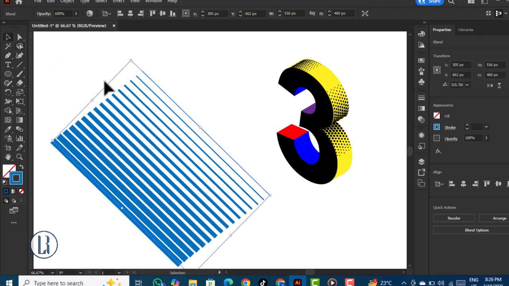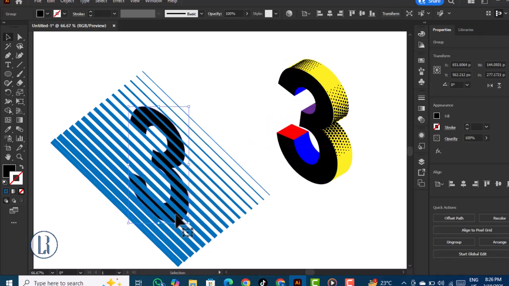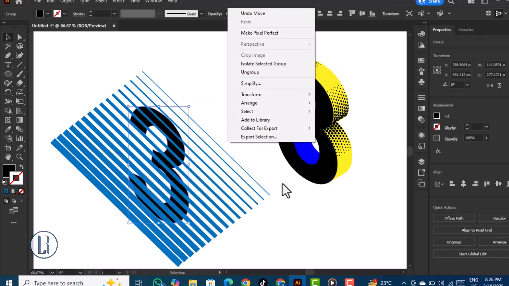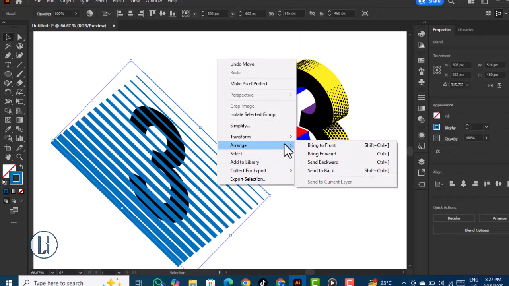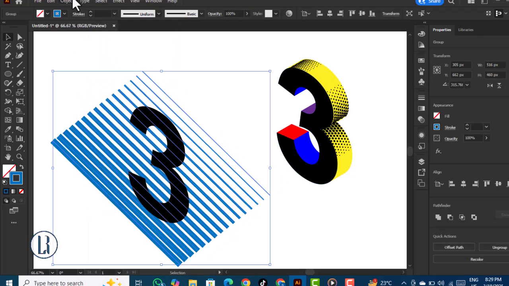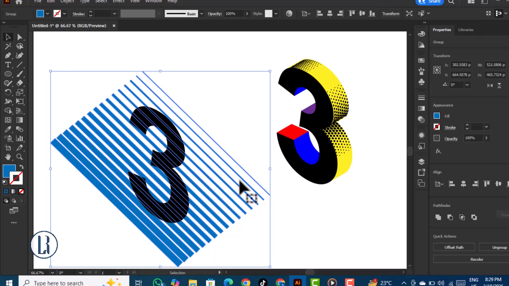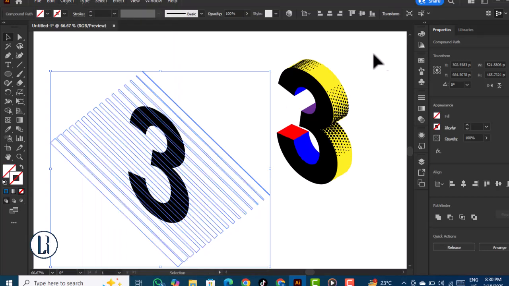this number 3, press and hold Alt to create a new copy, drag it to the right, also press Shift, and now we're going to need to bring these lines to the bottom, so right click on the lines, arrange, send it back, go to Object, Expand, click OK, and let's go to Object again, Expand again, click OK, and now we're going to go to Object, Compound Path, click on Make,